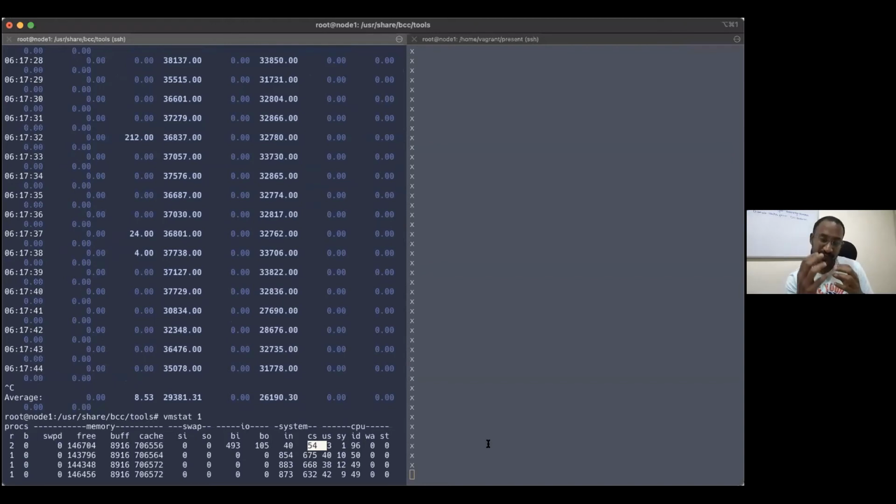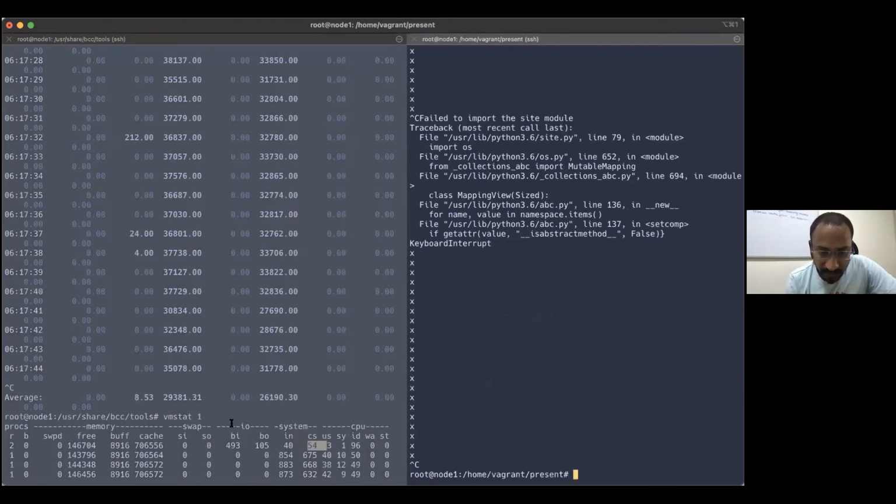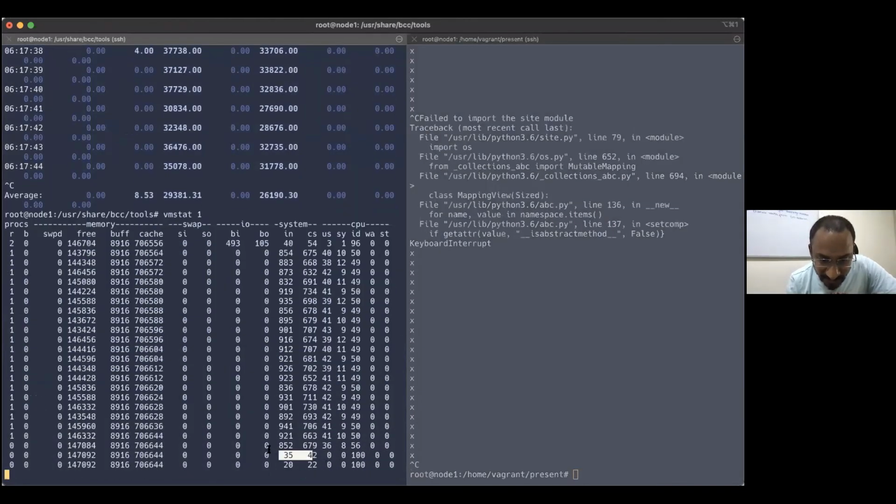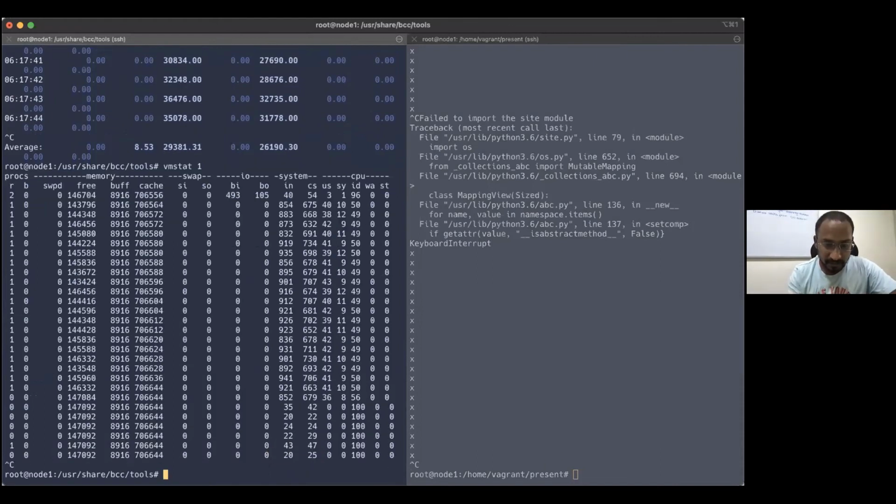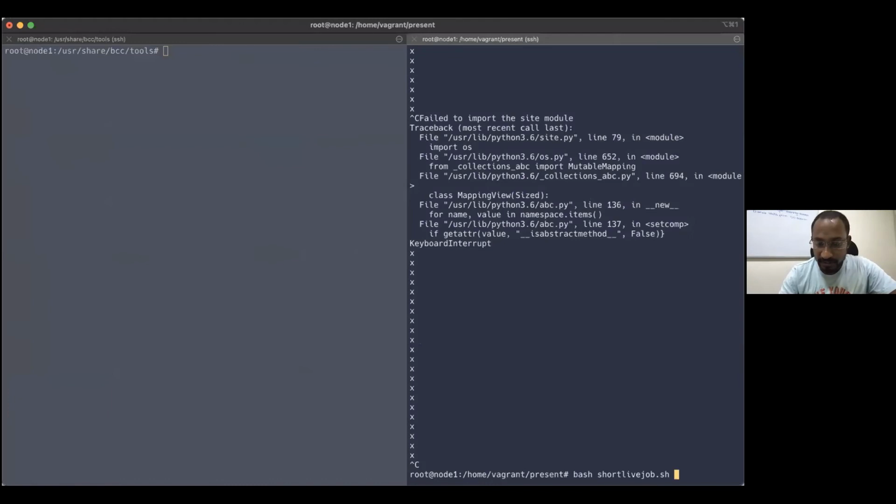What it is actually trying to tell you is that instead of the CPU doing actual business processing, it's trying to switch context. I told you, right? Run queue. It spends less time in the CPU, coming out less time, something like that. Now again you see the context switch is going down. So this is quite interesting. Let me play this again.